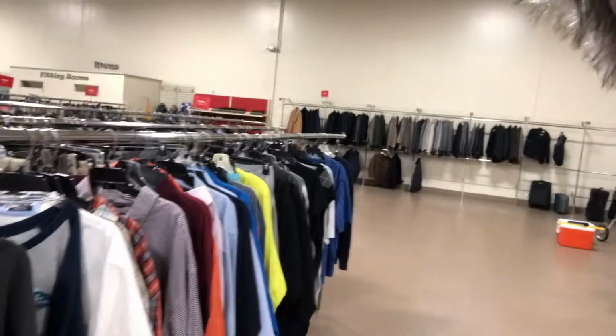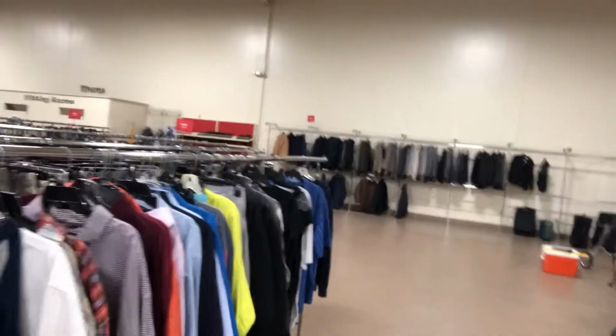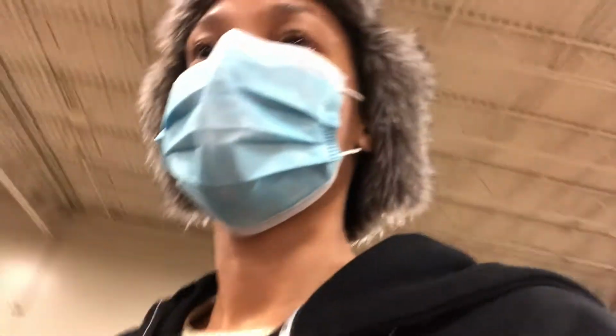Look at this. This rack isn't even finished. It's like halfway done. There's so much space back there. I don't know what happened. Wow. Okay, well,